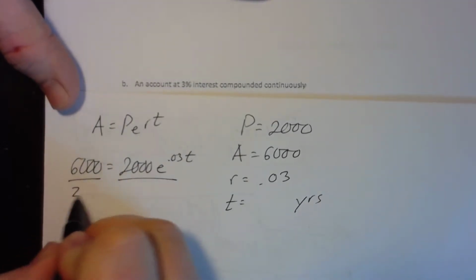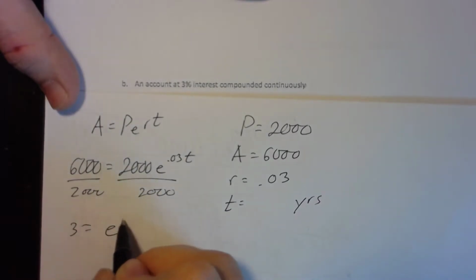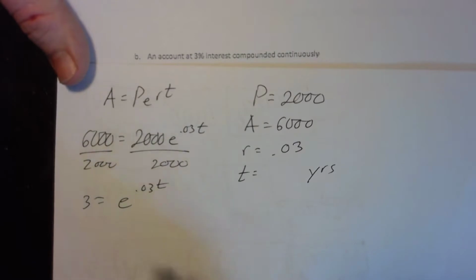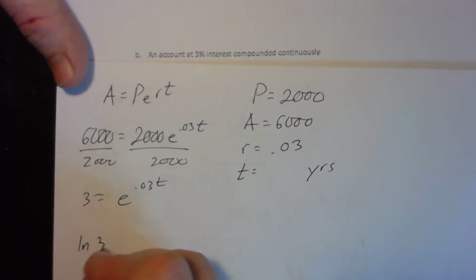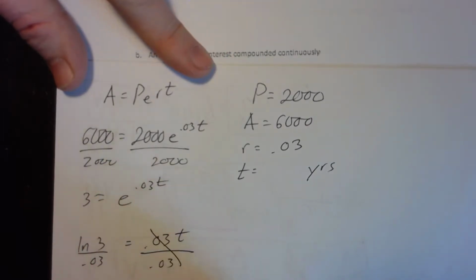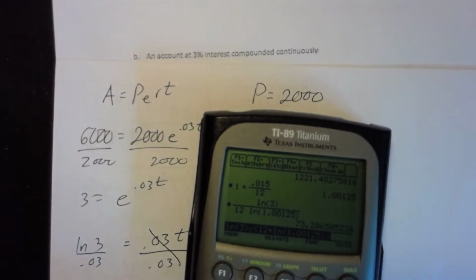Okay, in this case I'll divide by 2,000, getting my exponential function by itself. I will take the natural log of both sides, or again change the form of this function, giving me the natural log of 3 is equal to 0.03T, and I will divide by 0.03. This provides me with T is equal to this value right here, and again using my calculator very carefully, I will have the natural log of 3 divided by 0.03, giving me the value of,